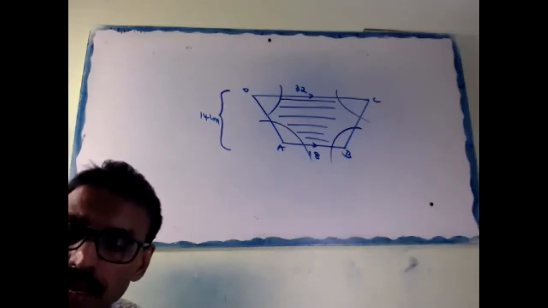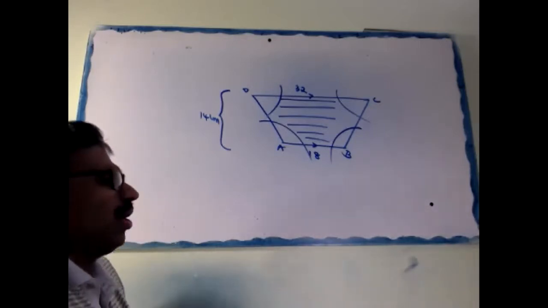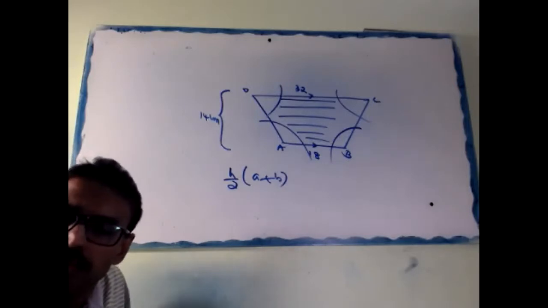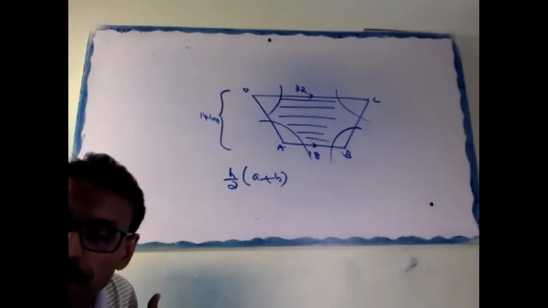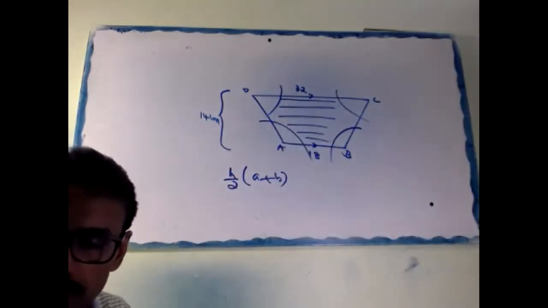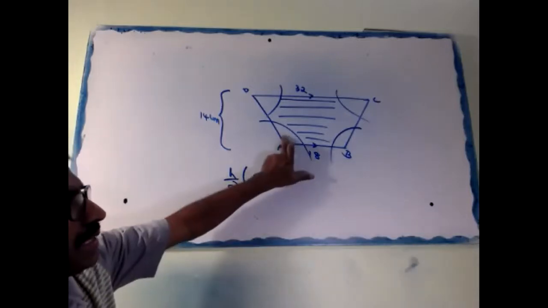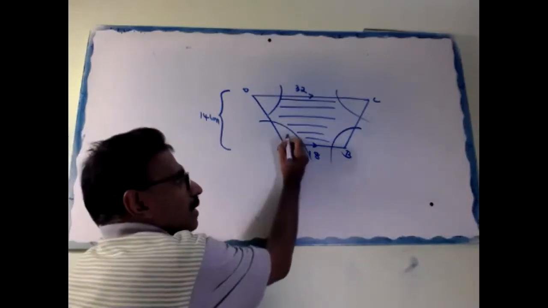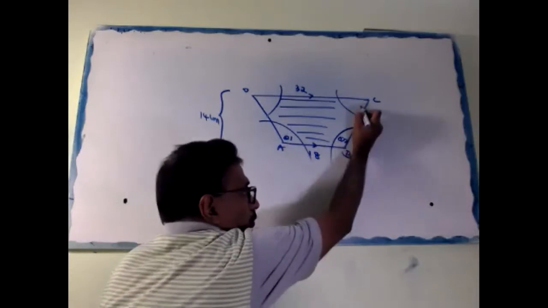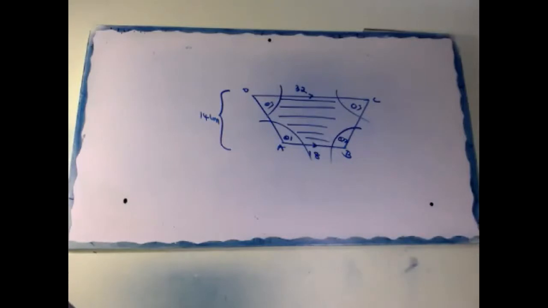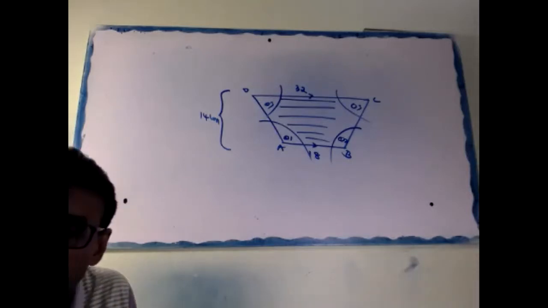The plan, look at here, I tell you. Area of the trapezium, what formula? H by 2 into (a plus b). Correct or not? H is given 14, a is 18, b is 32. That part is okay, clear. Now we have to find this area. I have assumed the angles, as the angle is not given: say theta 1, theta 2, theta 3, theta 4. All radius how much? 7, right? 7 centimeters.